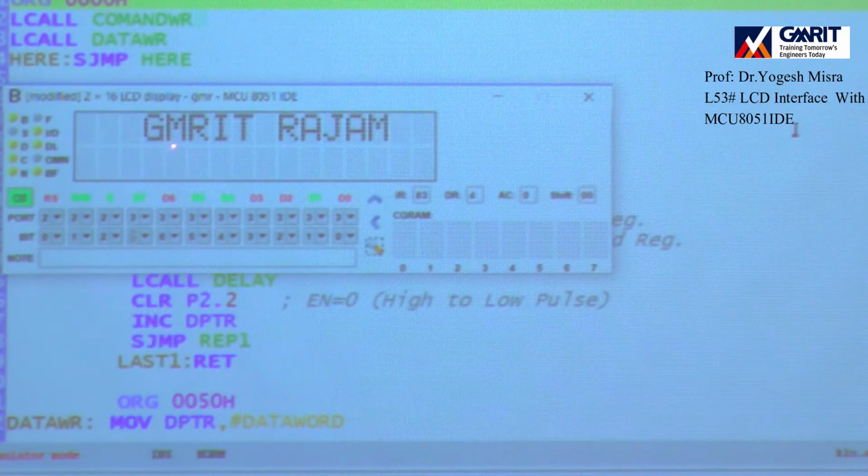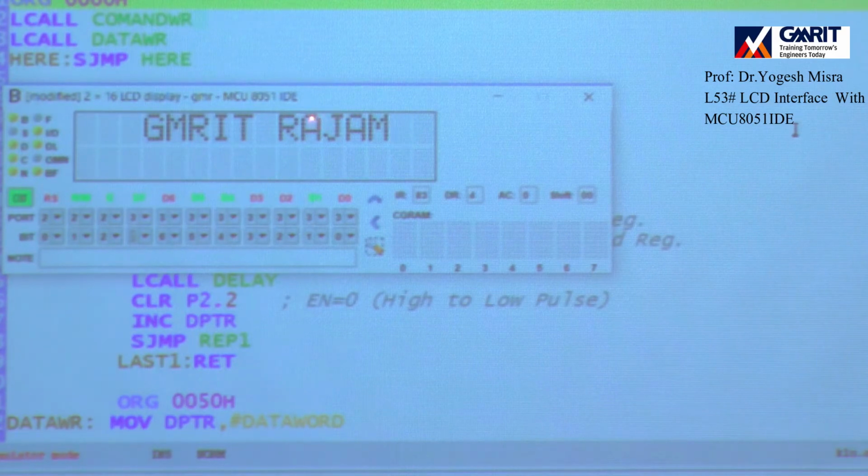Now if we want to display something in the second row, for example, I want to display GMRIT, Rajam welcomes you. Welcomes you will come in the second row. So we have to change our program, and the sequence will be like this. First, the command word for displaying in the first row.